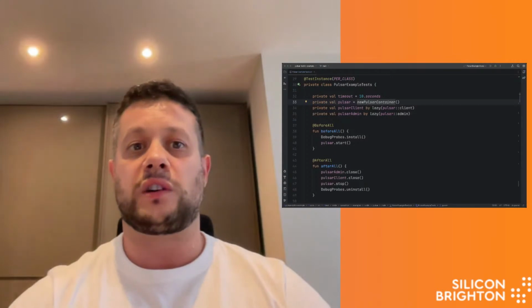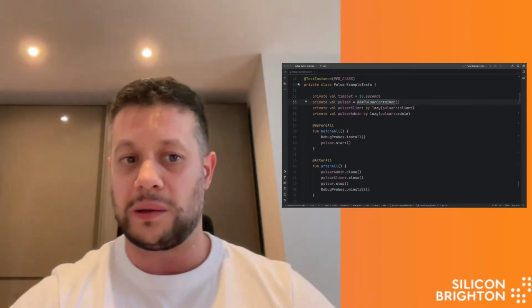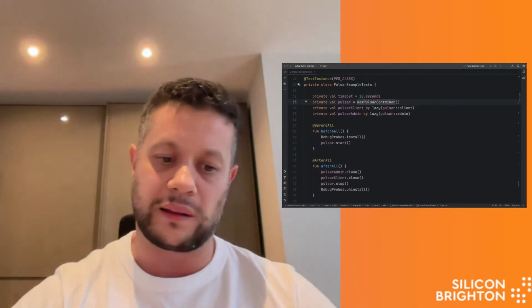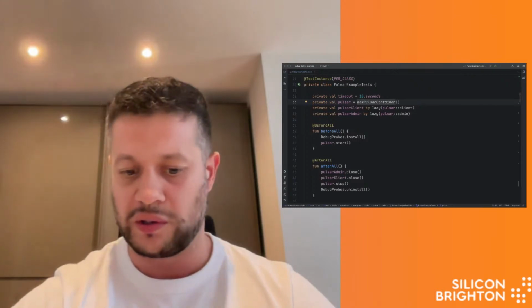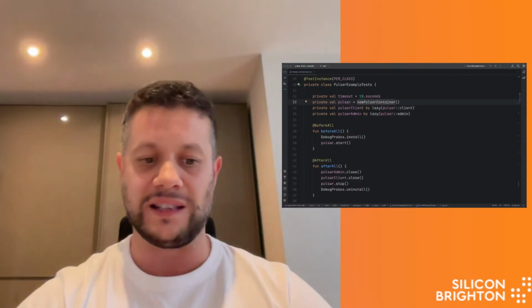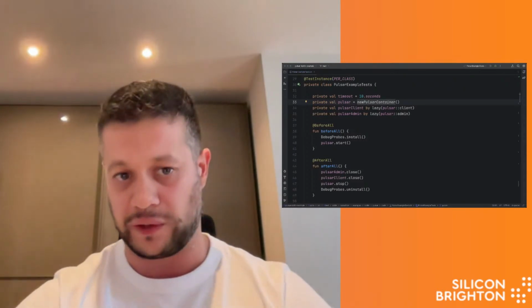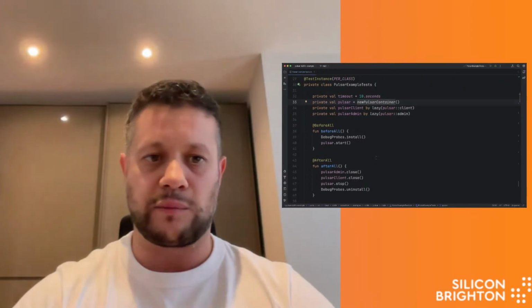So long story short, Apache Pulsar does a couple of things better, and I'm going to show it in the code in a minute. In particular, it has a more flexible broker approach, and this allows you to handle partitions in an easier way as opposed to Apache Kafka. So let's dig into it. I'm going to show some code.